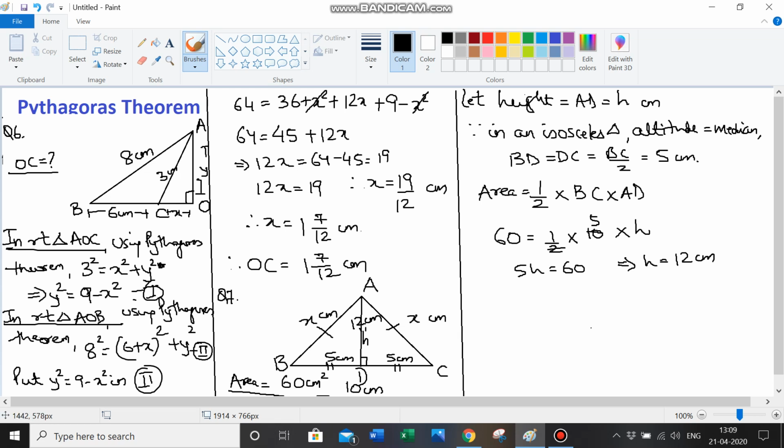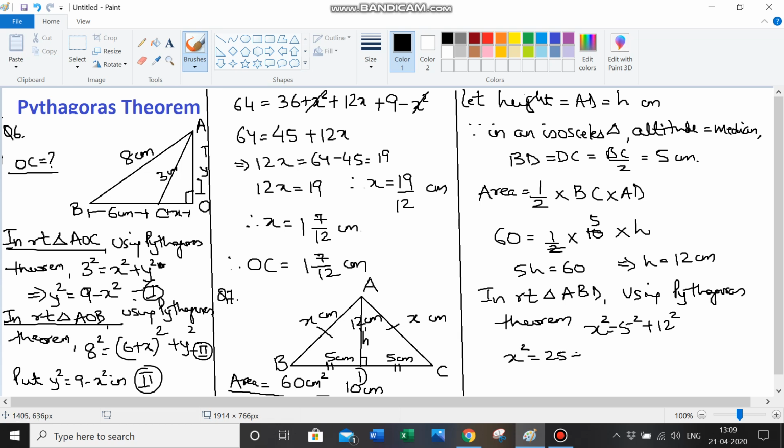Now let's see what they wanted us to calculate, X. So now in a right triangle ABD, using Pythagoras theorem, what do I get? I get x square is equal to 5 square plus 12 square. X square is equal to 25 plus 144. X square is equal to 169. Therefore, x is equal to square root of 169, which is equal to